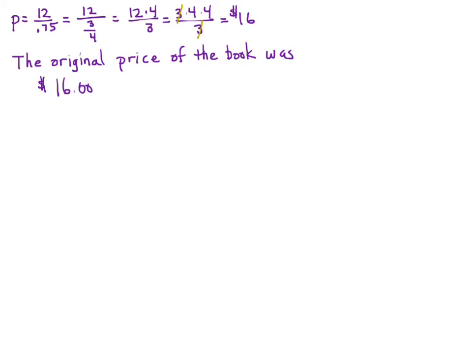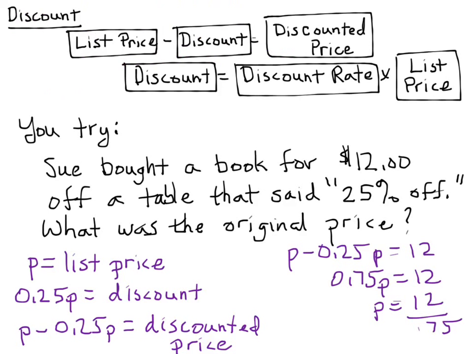So there's not a whole lot of computation there. I mean, you can take 0.75 and divide 12, but that would take you a little bit longer than just taking advantage of these integer ratios. So the answer is 16. And that makes sense. If you have 16 that you're going to take off 1/4 of the price, 1/4 of 16 is $4, 12 minus or